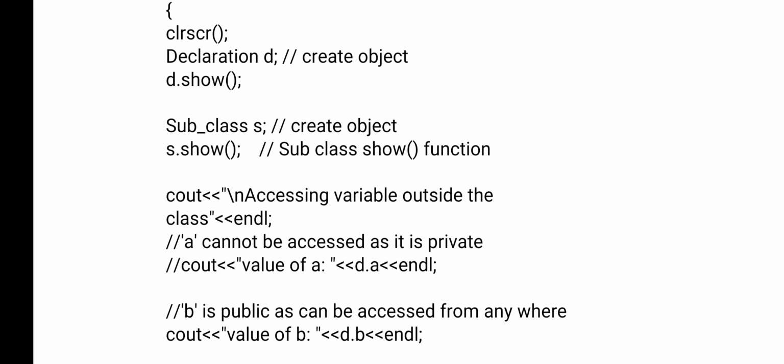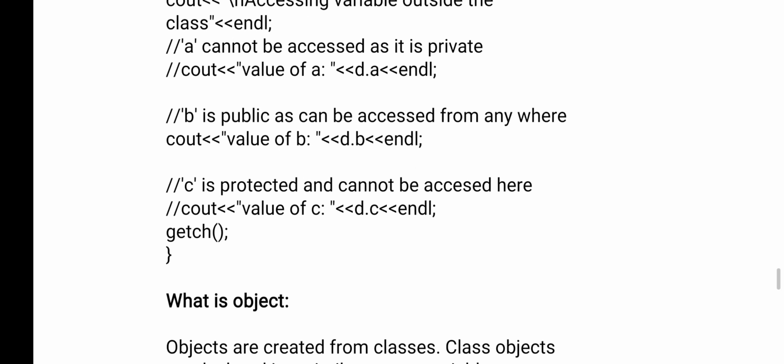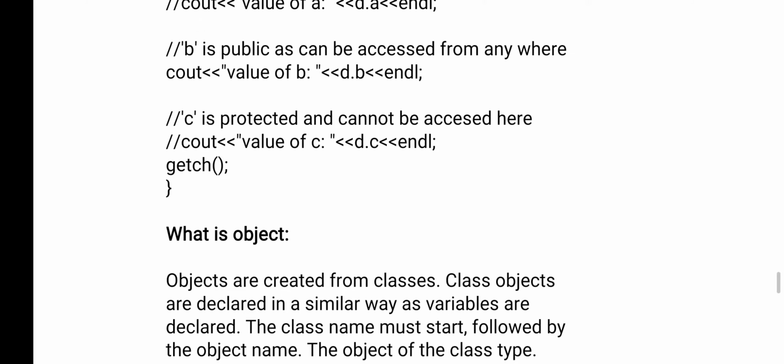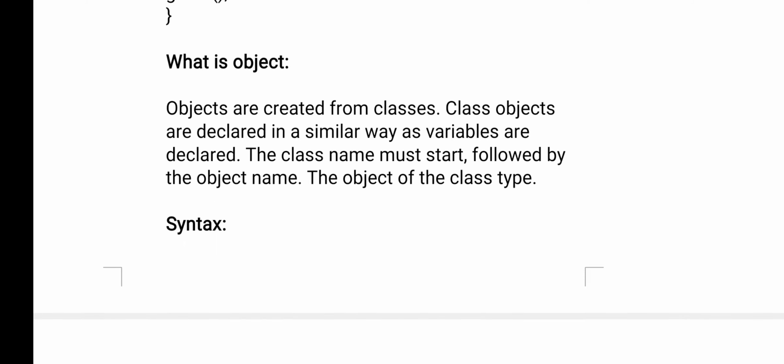So here I have created two objects. One is for the main class and another is for a child class. Using an object of the parent class, you can access the member functions of the parent class, and using the object of the child class, you can access the methods and the member functions of the child class. Okay, so if you want to access any property of that class, you need to create an object. Once you have created an object, you can access methods and the member functions of that class. Okay, so this is about access specifiers, private, public, protected.